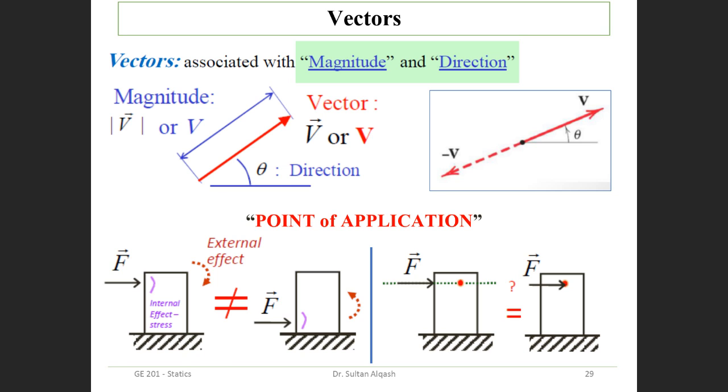Okay, we have only 3 minutes, quickly. It's really important also to know the point of application of that force, for example, here. Can anyone tell me before we go to this point, what does this negative velocity vector here mean? Whenever I have a negative vector, what does that mean? It's opposite to the direction of V. Excellent. It's opposite to the direction.